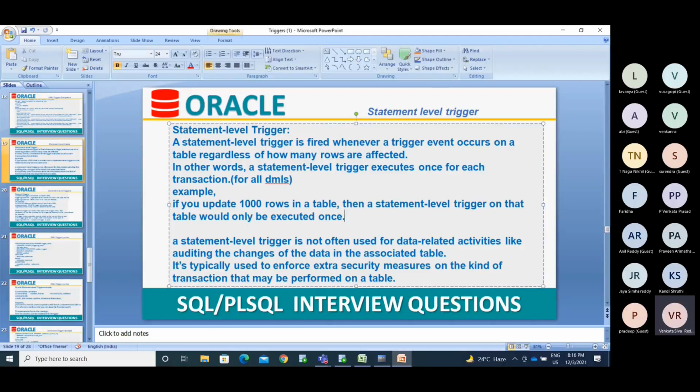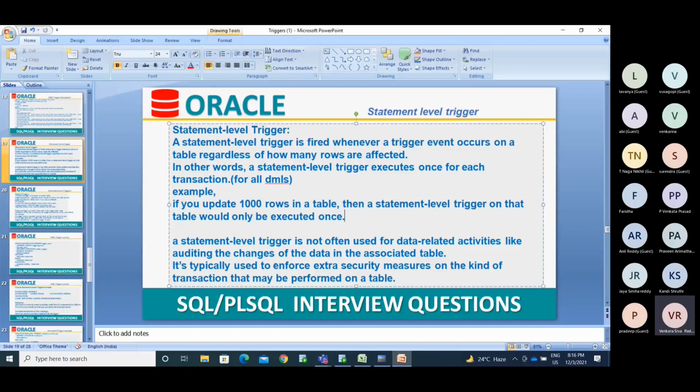A statement level trigger is not often used for data related activities like auditing the changes. If you want to track the audit logs, we'll use the row level trigger, not the statement level trigger. So we won't use the statement level trigger for auditing the changes of the data in the associated table.